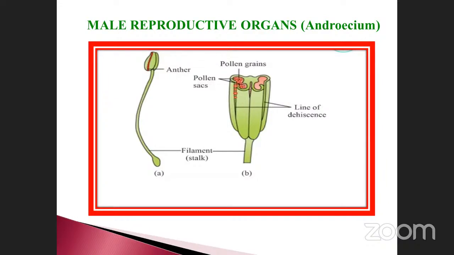Here the space is given, isn't it? This space is called the line of dehiscence. When it undergoes the dehiscence process, there is complete loss of water and nutritive substance. As a result, the cells become hardened in nature, so automatically it may dehisce longitudinally. During this dehiscence process, the pollen grains come out from the pollen sac and reach the female reproductive organ, the ovary, that is, the ovule or stigma.